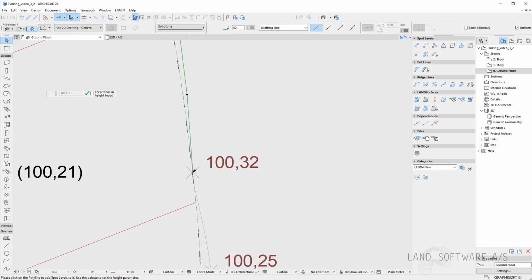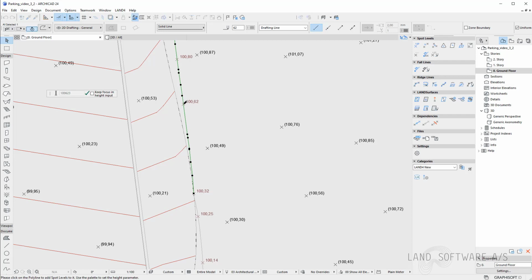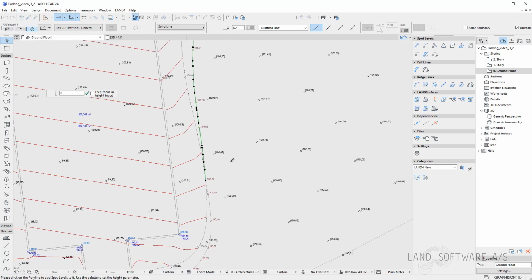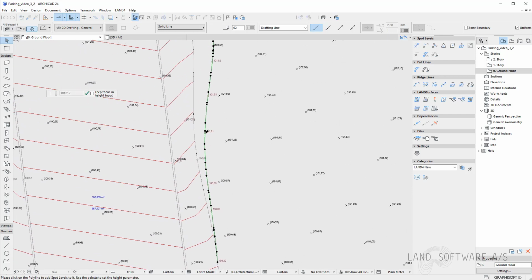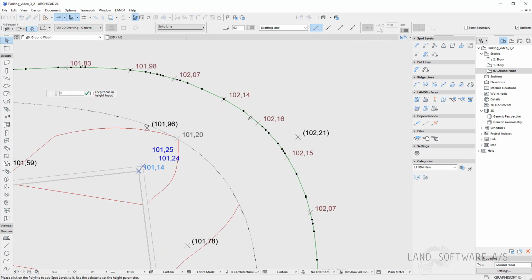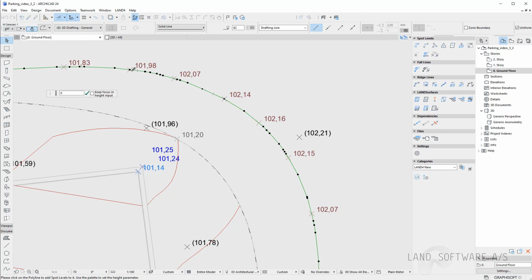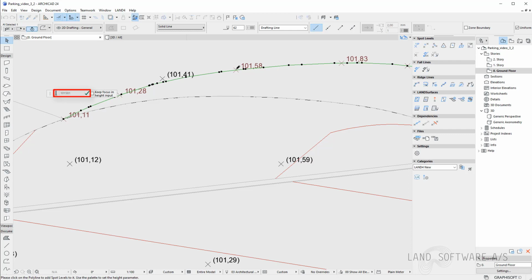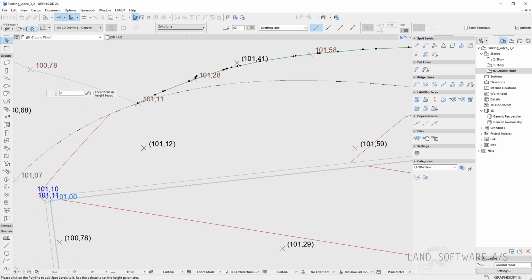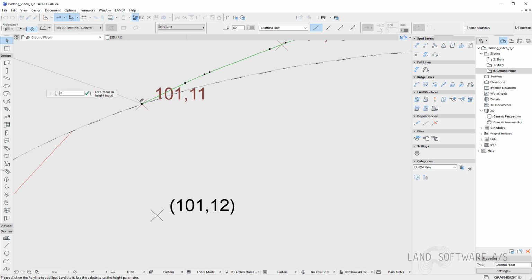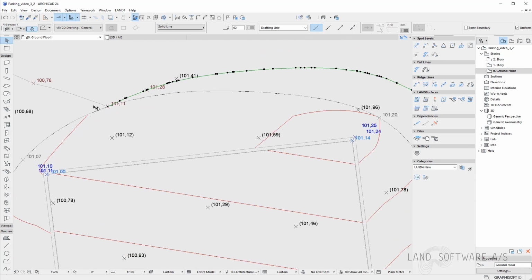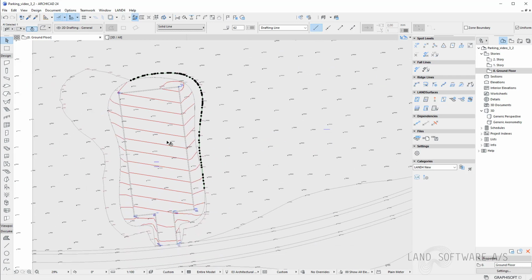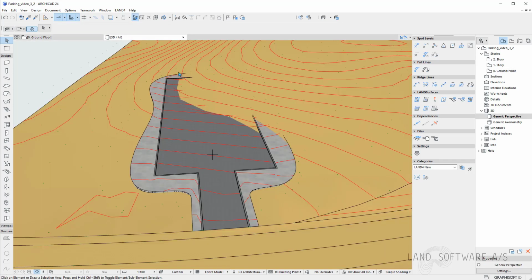So now I just need to attach the spot levels placed before using the gravity tool. As you can see, the values of the spot levels are read in the box and simply attached to the line. Now I'm done, so I can press the green mark, and my line is now a ridge line.